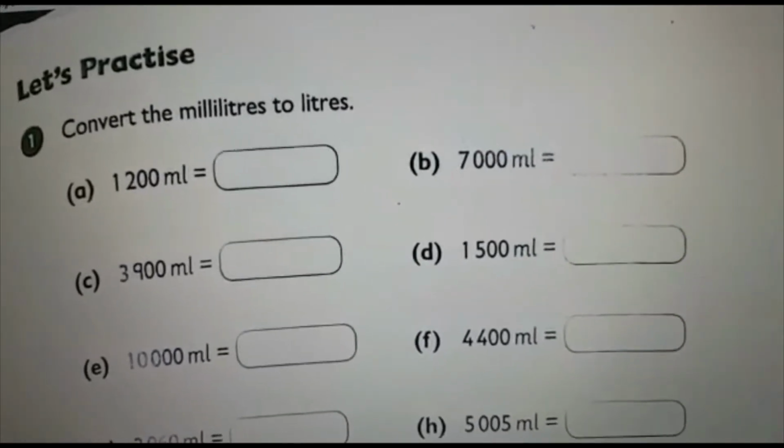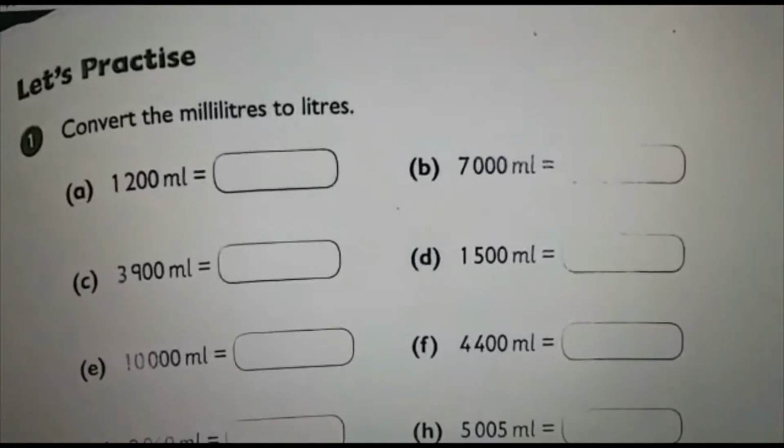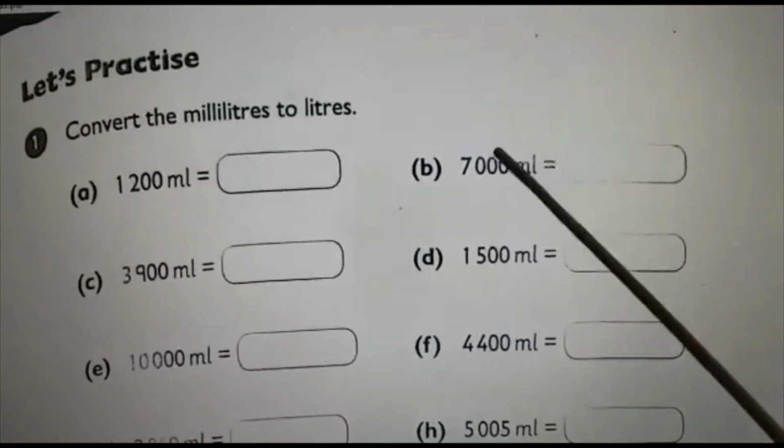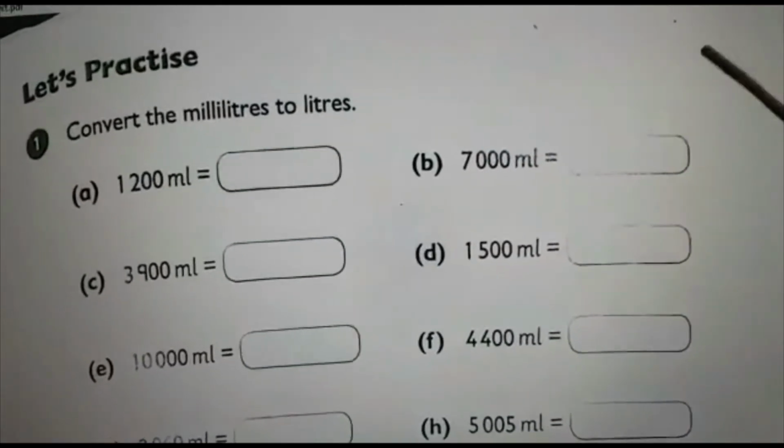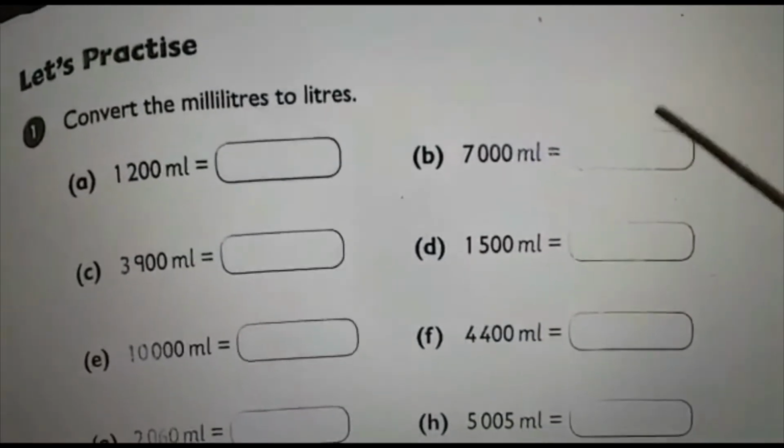Or we'll see 7000 divided by 1000. Always study, practice cancellation also, because as you go to higher classes, it will always be helpful for you. So 3 zeros in the denominator I can cancel. In the numerator also 3 zeros I will cancel. So what will be the answer? It will be 7. Same.